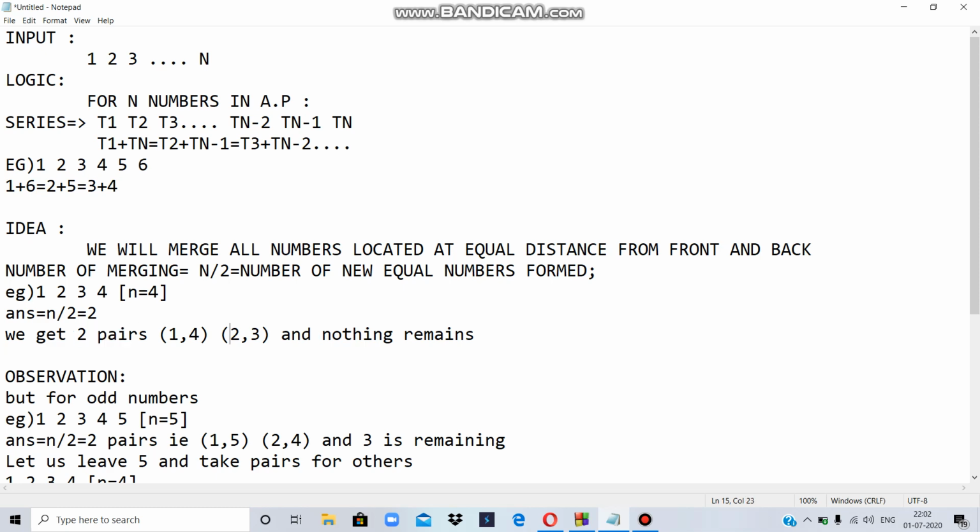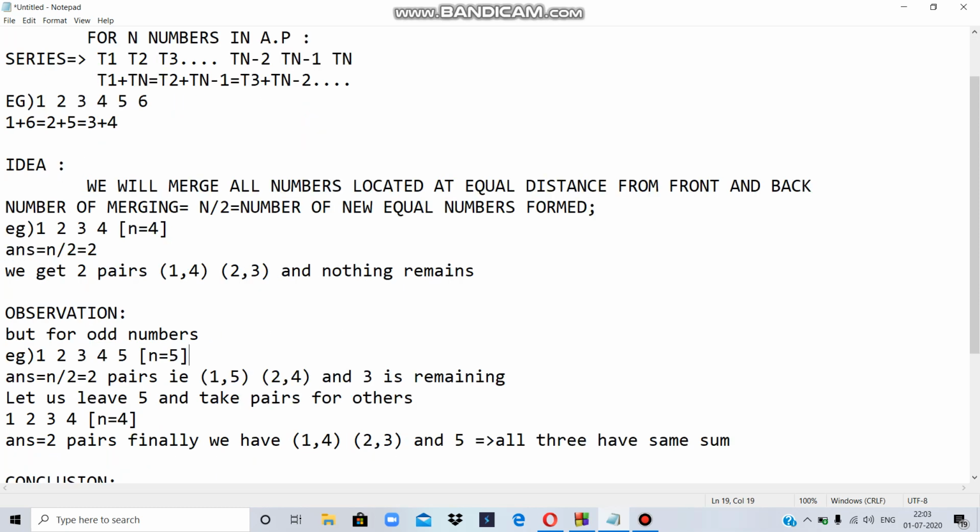Now let's try it for the odd numbers. The same thing if we try for odd numbers. Let's do it. We have n equal to 5, and if I do n by 2, I get two pairs again, and those pairs will be 1 and 5, that is the first element and the last element. Then I will have 2 and 4. So here I have got two pairs again, but this time an element remains, whereas when we are talking about even numbers, nothing remains, but in this case an element remains. So we may think of some other pairs by means of which we can improve our answer for the odd numbers case only.